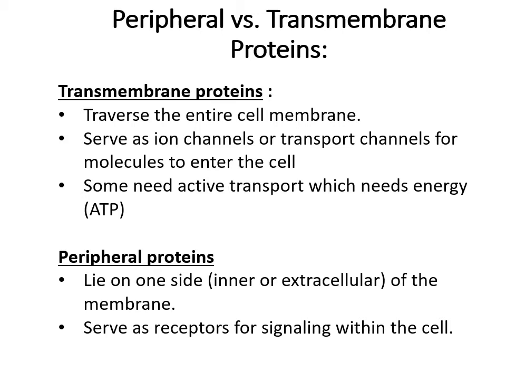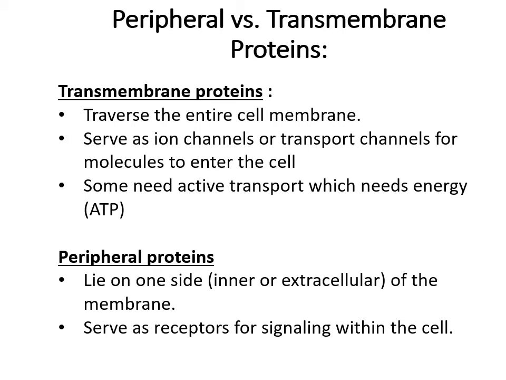So a transmembrane protein goes right across the cell membrane and typically is involved in transfer of ions from, say, the extracellular compartment to the intracellular compartment, or the other way around. Okay, so ions will go back and forth,